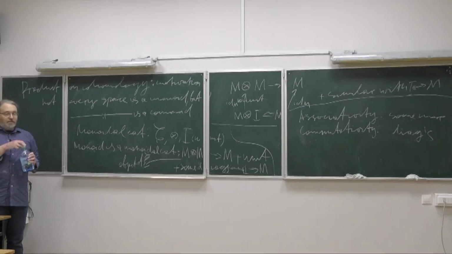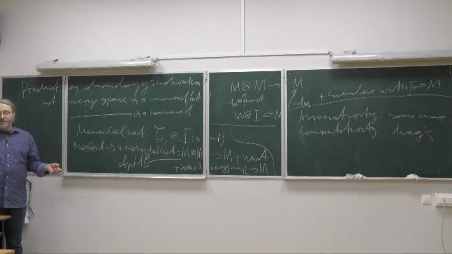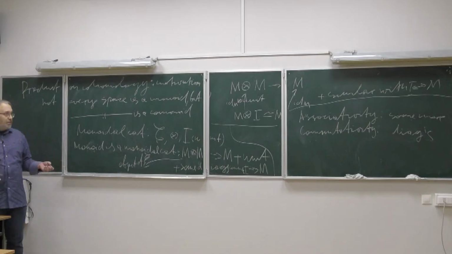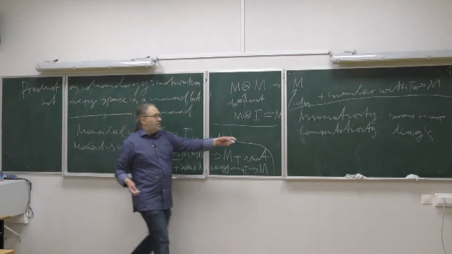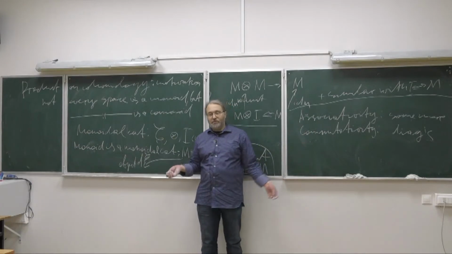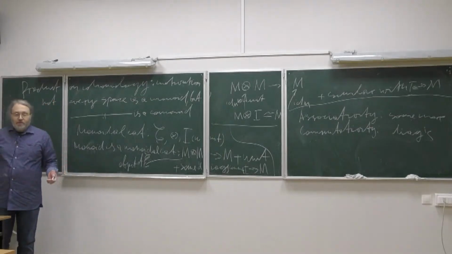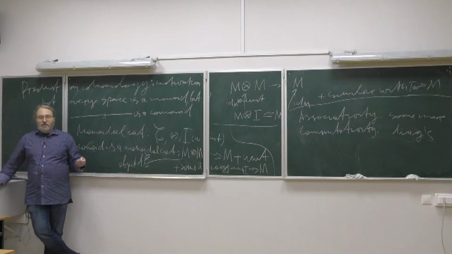A monoid in vector spaces is an algebra, and then these conditions correspond to associative algebras and commutative algebras and so on. There are lots of examples of monoids,